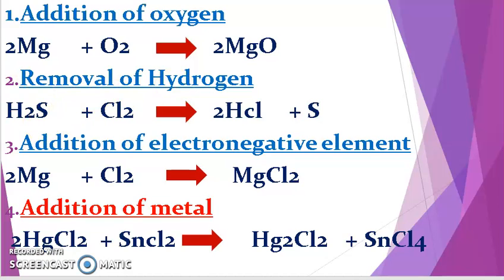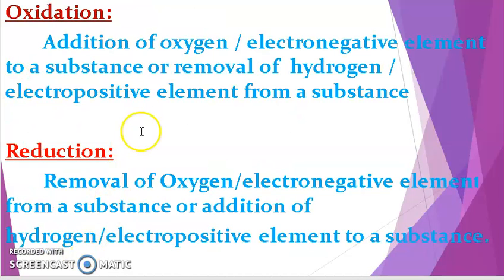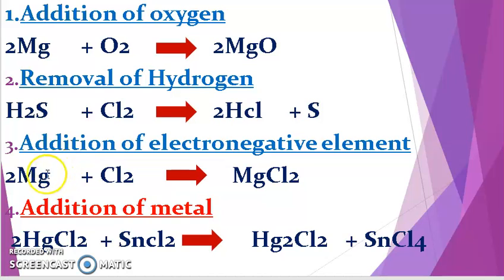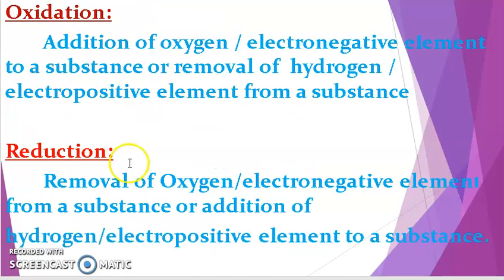Got it? So see this definition here, there is a removal of hydrogen, it belongs to oxidation reaction, it won't be a reduction. Okay, what about the third one? Mg plus Cl2 gives MgCl2. What is happening actually? This is an electronegative element, no? This electronegative element adding with Mg, so we got the MgCl2, addition of electronegative element. So let's check with the definition, addition of electronegative element. Okay, so there is an addition of electronegative element, which is going to be oxidation, it won't be reduction.